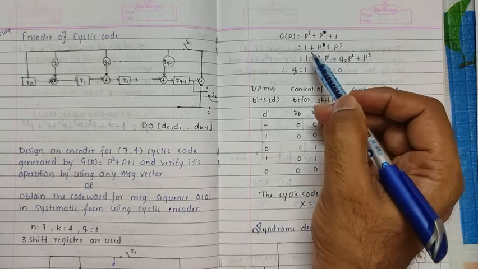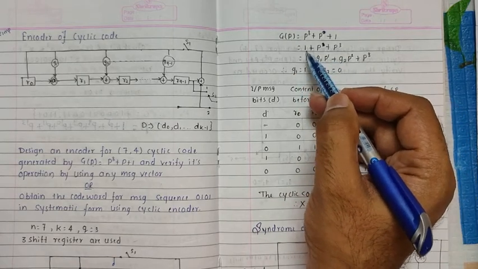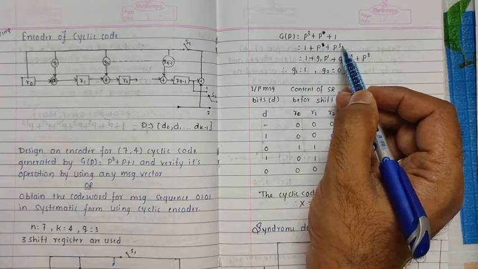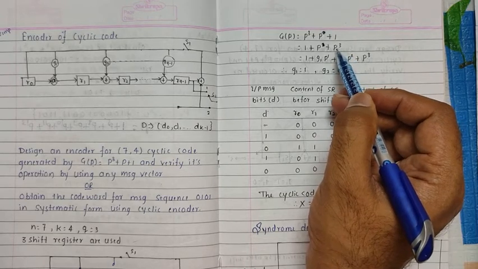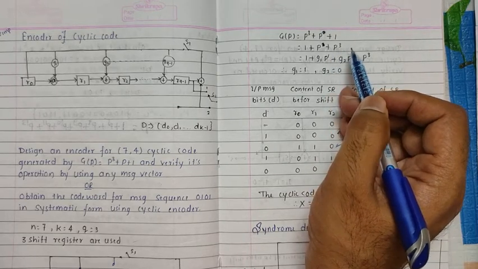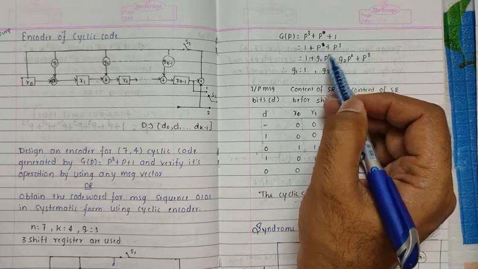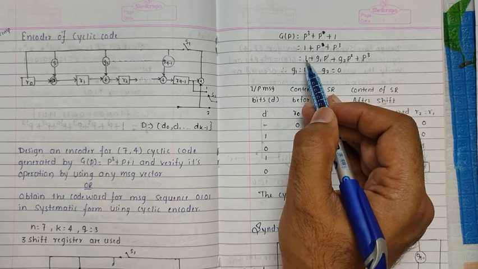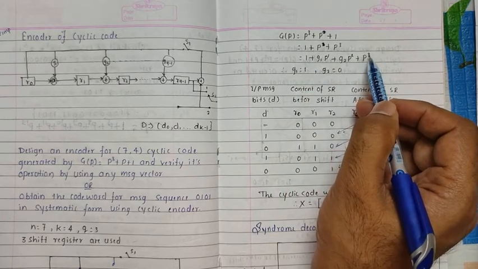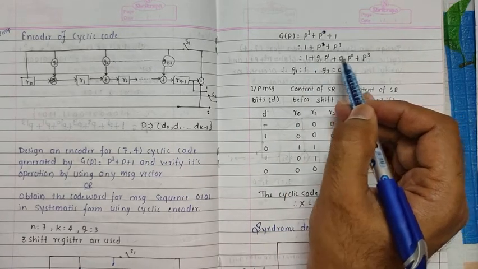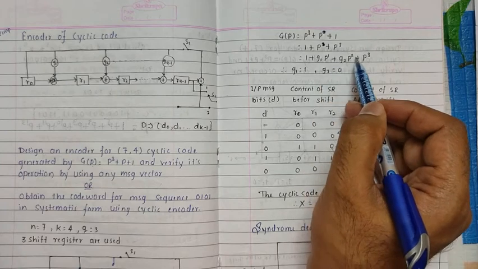So we know that the first value of the generator polynomial is always 1 and the last value is p raised to the power q. q is 3 here. So in between we can write g1 p^1, g2 p^2, likewise. Let us write this equation in its generalized form this way. The first value is 1 and the last value is p raised to the power q, that is p^3. In between g1 p^1, g2 p^2.